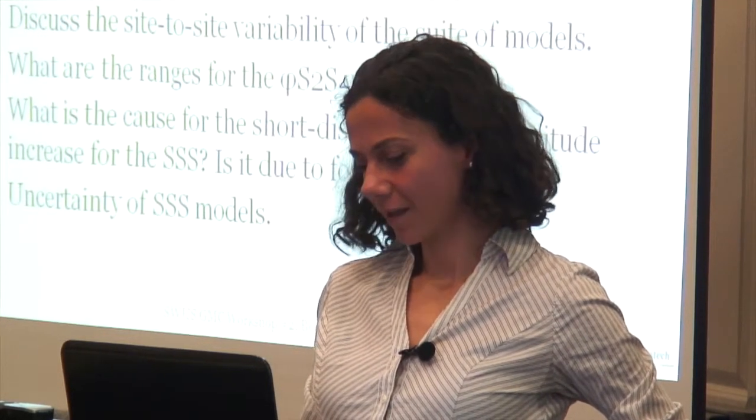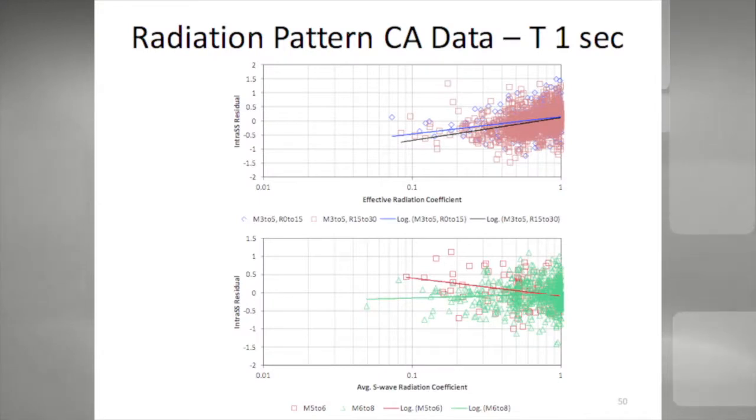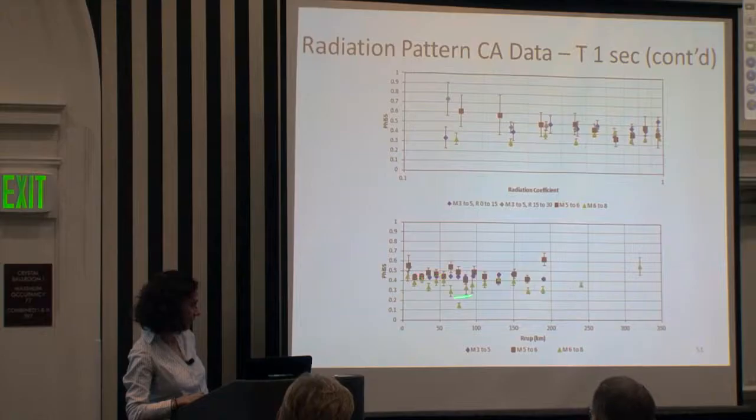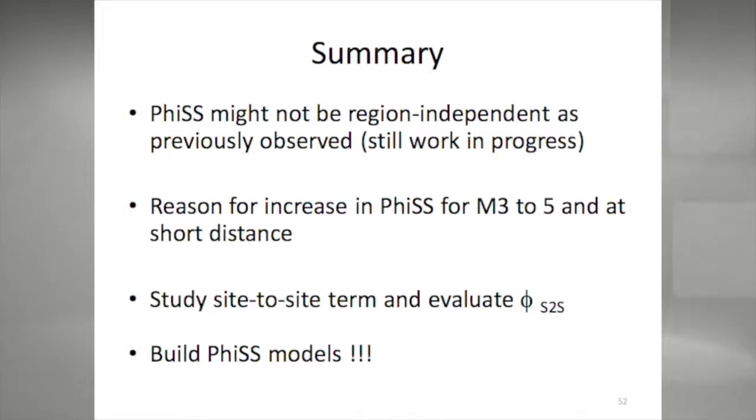Is this your last plot? No, but it's similar ones. One second. So here you see more the radiation pattern impact at longer periods. But the interesting thing is when I bin them up, I don't see a pattern of VSS here, which I also don't see in the VSS versus distance. Summary, that's it. Okay, so